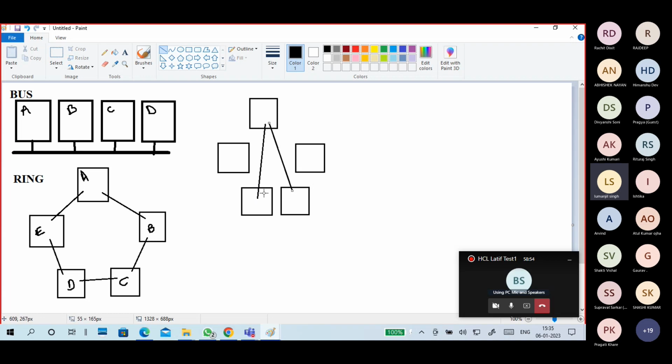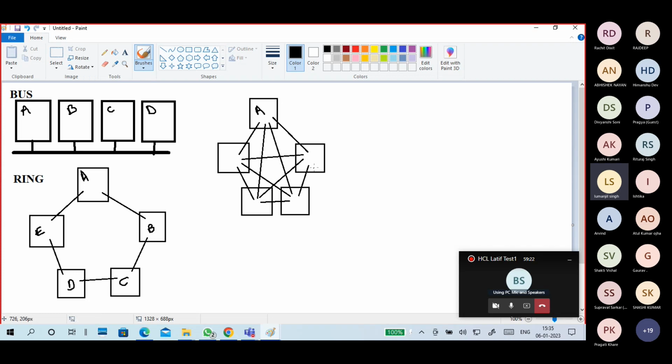Can anyone guess which topology it is? Mesh topology. Very good. It is a mesh topology, guys. When you see something like this, immediately people will say it is a star topology. Now, guys, it is a mesh topology. What is a mesh topology? Where one device